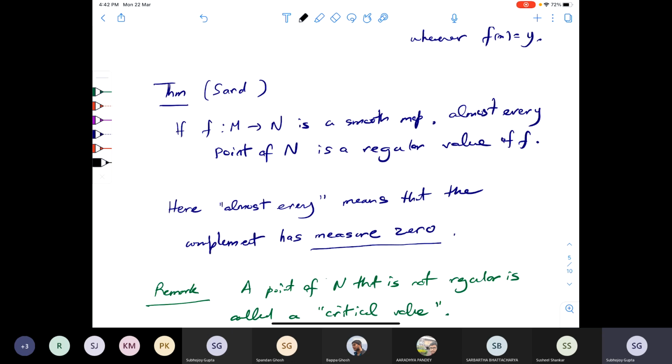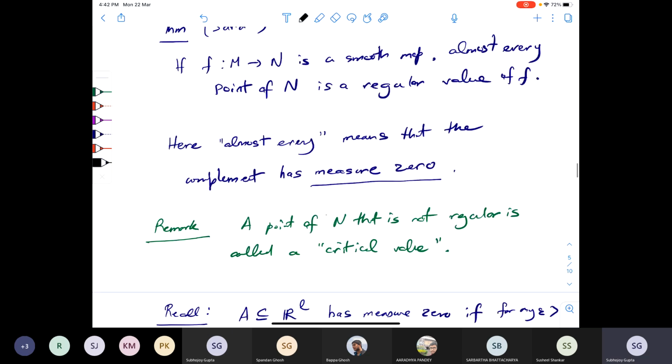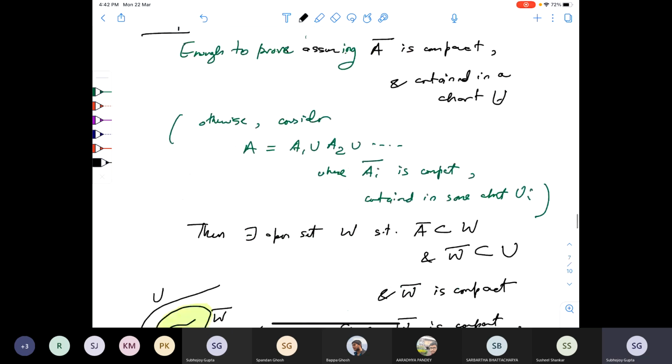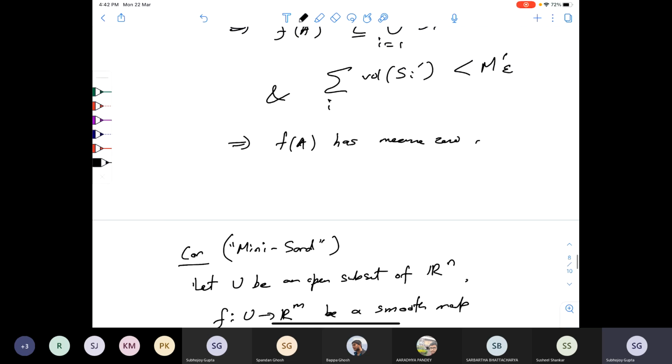Sard's theorem is something that one has to sit down and read the proof of by oneself. It's slightly heavy on notation, complicated. But once you understand the basic ideas, it should be easy enough to follow. You just have to follow your nose. It's a strong statement, but the statement of this corollary is all that we really need.